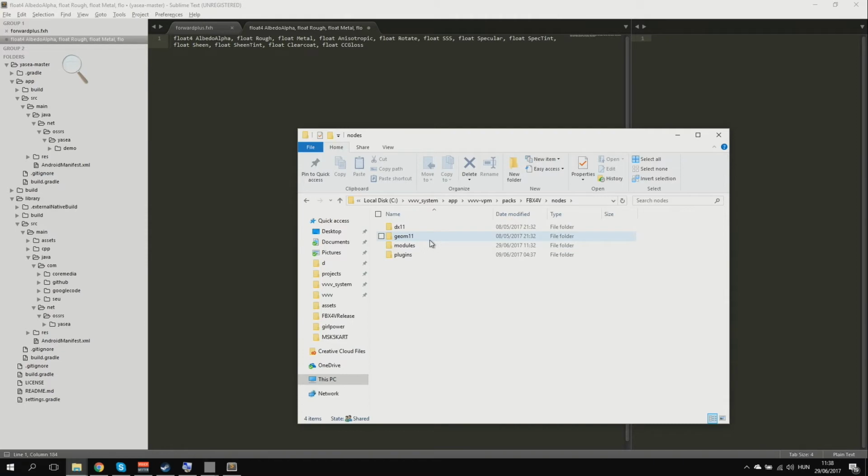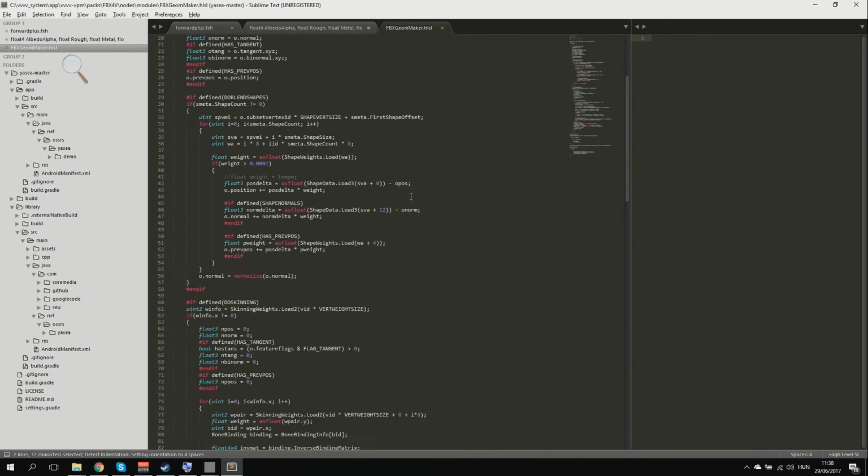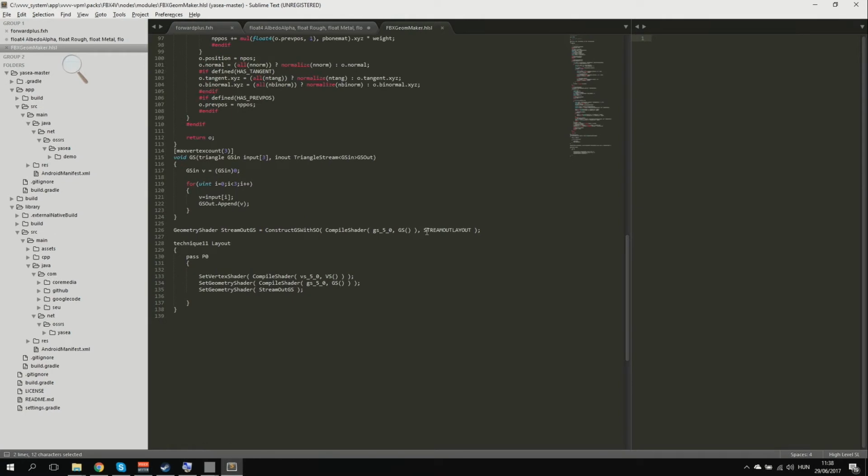So I can figure out what is the problem there. So back to the thing, how those defines would be used is